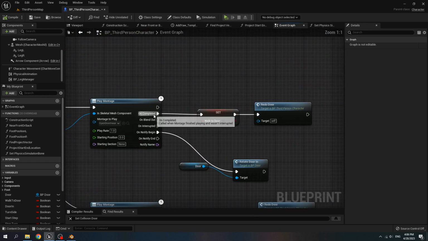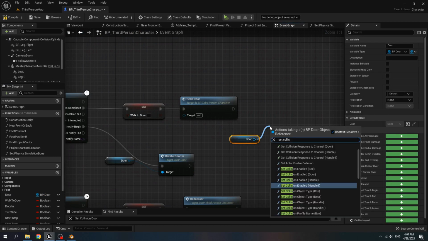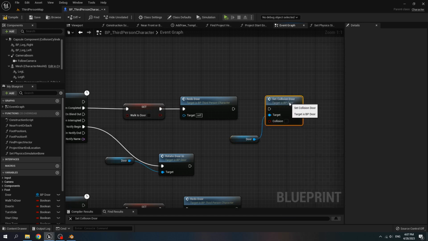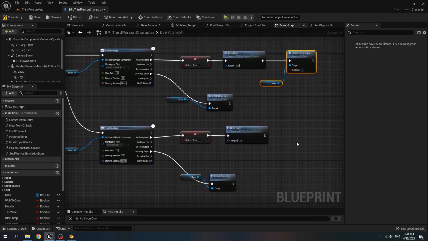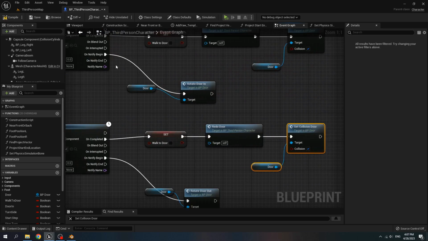And after the montage is complete, we get door and set collision door and set it back to true. For the open door out, the same, set collision door to true.